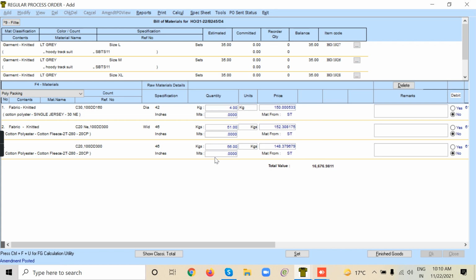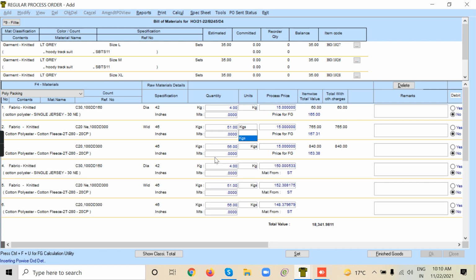So this is, I think, PP5 or PP6. I don't know. This is the PO for the service of decatizing. First of all, we have to select the order, this order number. Then its processes automatically come down for the finishing. Then select the raw material, then select the finished goods, and the price we have to give. Yes, we have to put the price for that process.